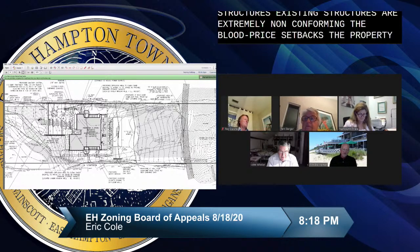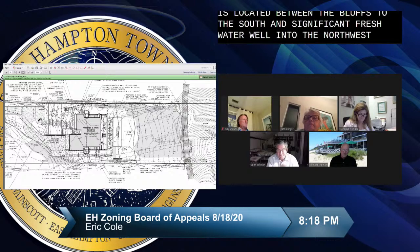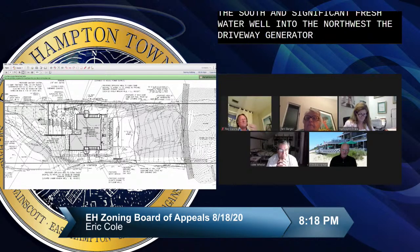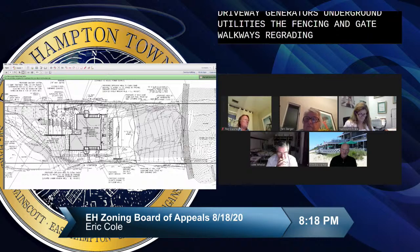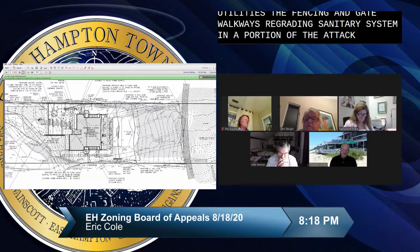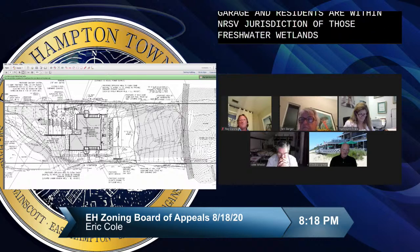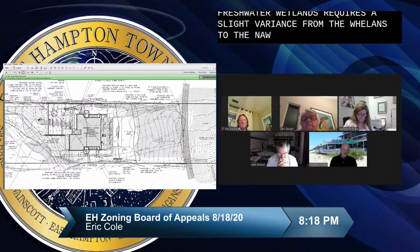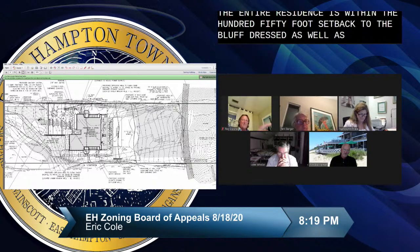The property is located between the bluffs to the south and significant freshwater wetland to the northwest. The driveway, generators, underground utilities, the fencing and gate, walkways, regrading, sanitary system, and a portion of the attached garage and residence are within NRSP jurisdiction of those freshwater wetlands. The proposed sanitary system requires a slight variance from the wetlands to the northwest as well. Nearly the entire residence is within the 150-foot setback to the bluff crest, as well as the swimming pool, patio,